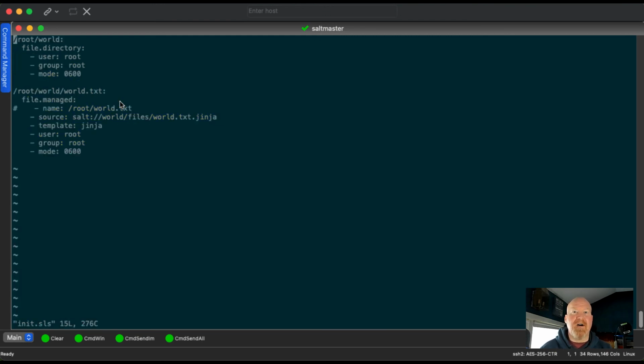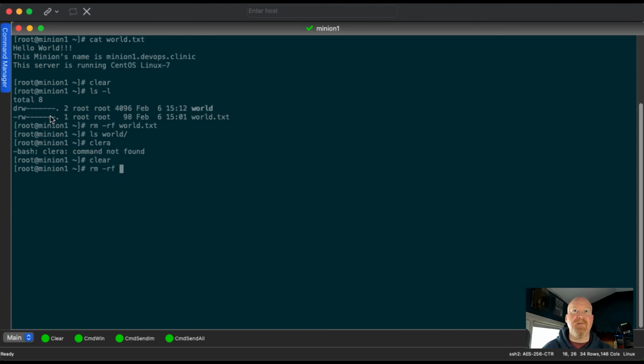But we can also use something called a require. So if we go to the file syntax and we say require, and then we indent 2 more, and we say require root world. And this is where previously I'd mentioned we would be using the syntax identifiers. So we're going to say we want to require that the directory exists first before this syntax is run. Let's save this, and let's remove